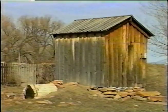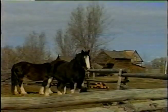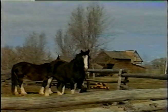From a small flock of chickens with the eggs that they supplied and the extra meat, and even the corn with which they're fed from a field in back of the farmhouse here, to a root cellar, a smokehouse, a small herd of cattle, a couple of horses for plowing and working the ground. All of these things and the technologies that made it possible to capitalize on their production were a part of